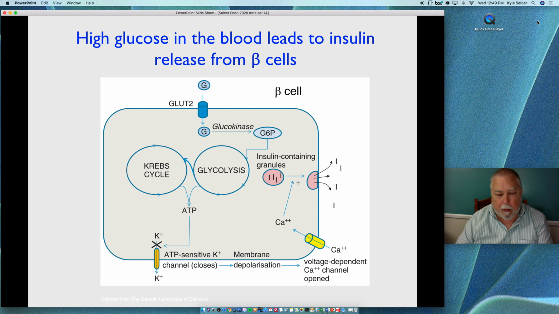As you're probably aware by now, calcium is the leading signal for exocytosis of peptide granules, vesicles that contain peptides. So the insulin-containing granules that are lined up along the membrane fuse with the membrane and exocytose the insulin outside of the cell. So it's glucose itself, okay, that causes the insulin release. High glucose, a lot of insulin release. Low glucose, the ATP goes down, and this reverses itself, and you stop releasing insulin. So insulin release is directly driven by a glucose metabolic pathway,